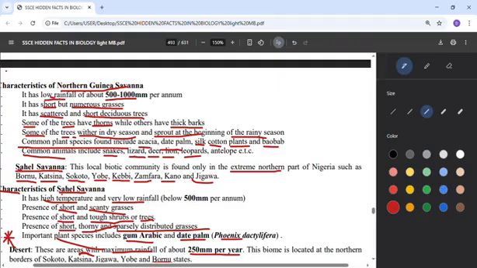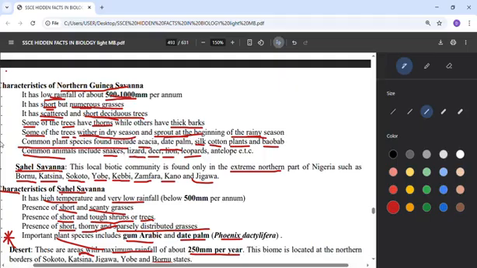So its rainfall is low because it is northern, which is about 500 to 1000 millimeters. It has short but numerous grasses. It has scattered and short deciduous trees. Some of the trees have thorns while others have thick barks. Some of the trees also can wither during the dry season, and they can sprout at the beginning of the